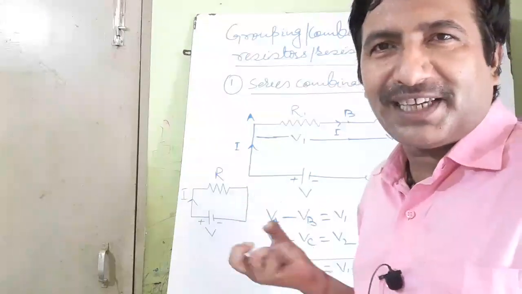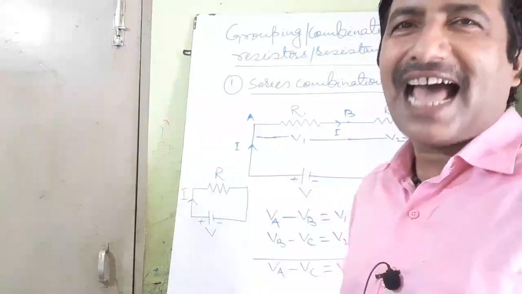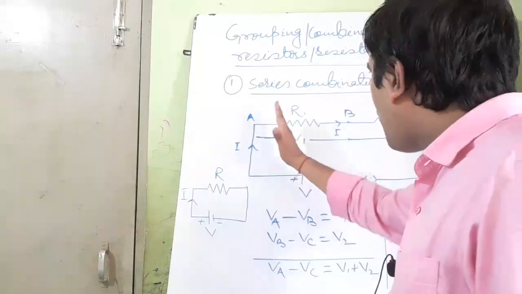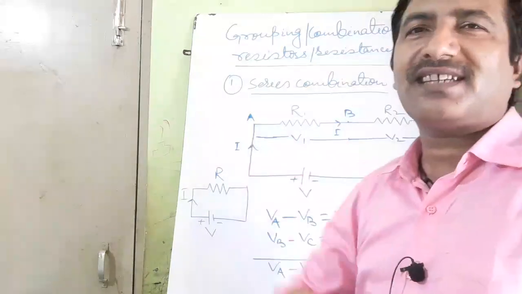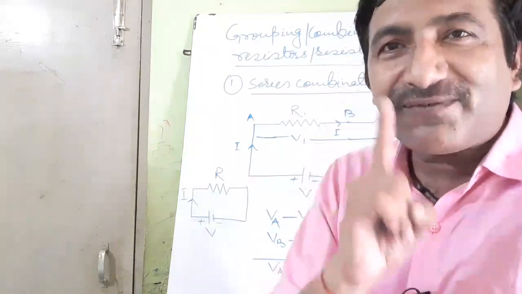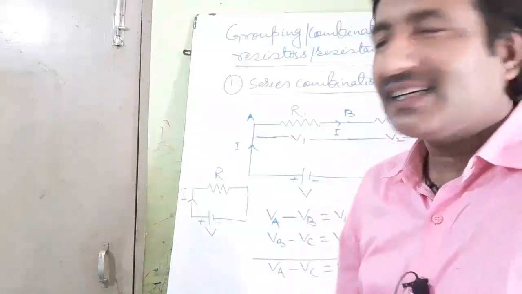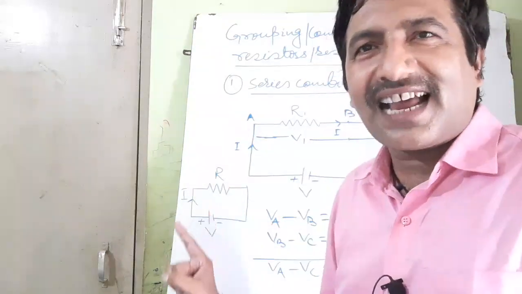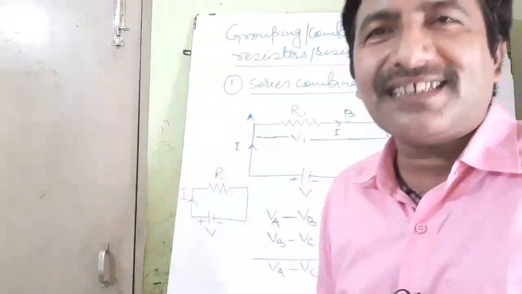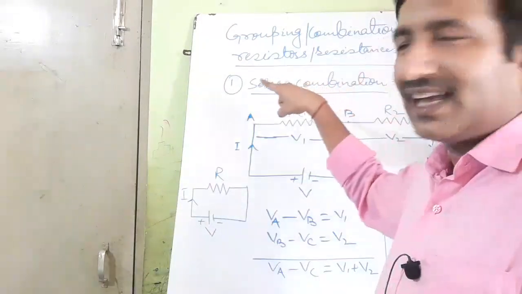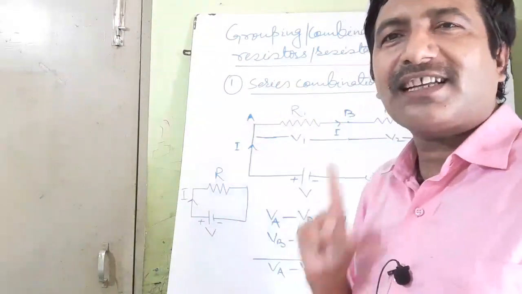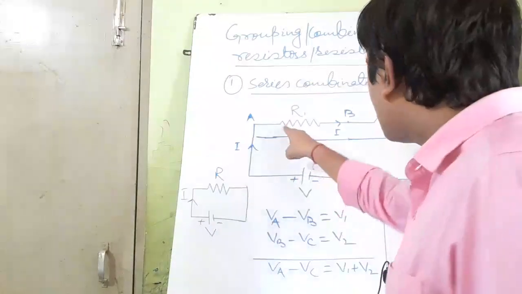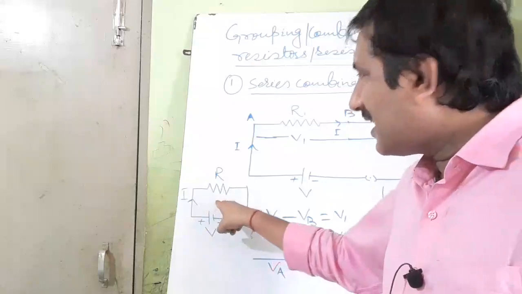What can you conclude from here? Yes, you can conclude that whatever work, whatever function is performed by the group of these two resistors connected in series, the same function, the same work is done by this single resistor. So this single resistor is called equivalent resistor of these two resistors, and its resistance is called equivalent resistance. Got it? So equivalent resistance of R1 and R2 is R.